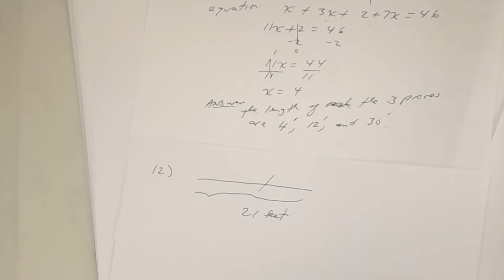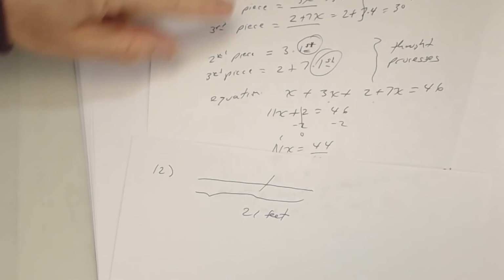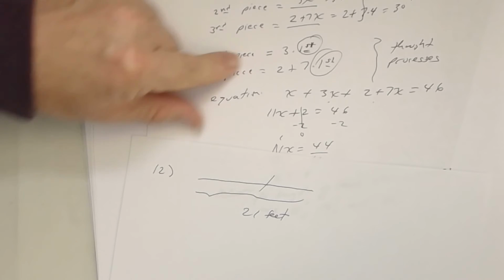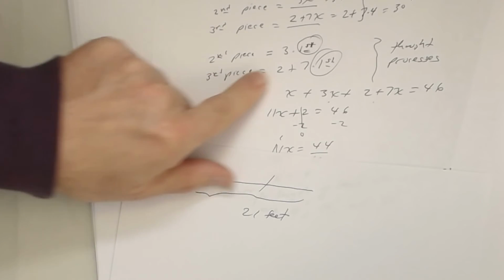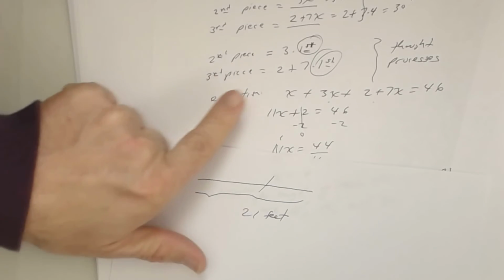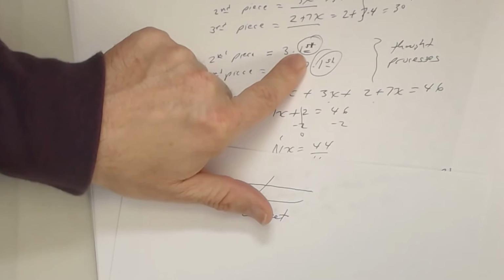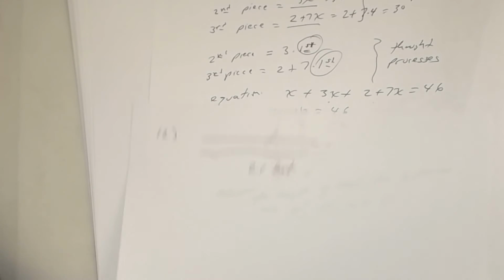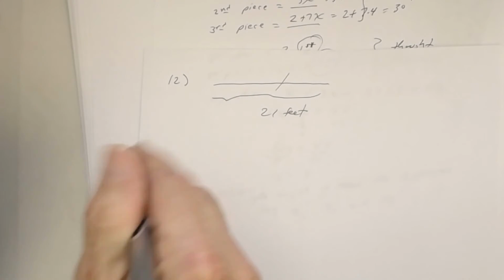Length of the shorter piece. But think about why. So we'll talk about why. So we did this one. See how we had that the second piece is 3 times the first? So you let x be the first, because then you'd say second is 3 what? X. So when you look at number 12, you're told the longer piece